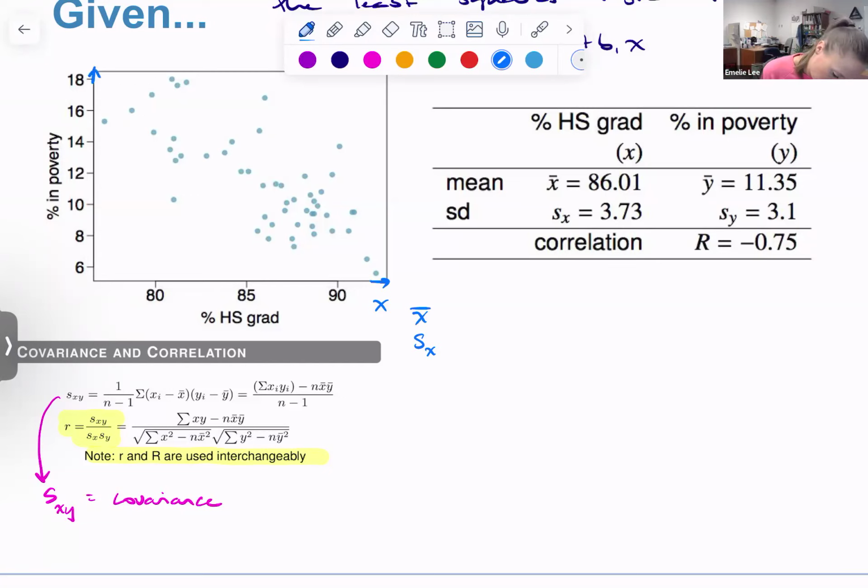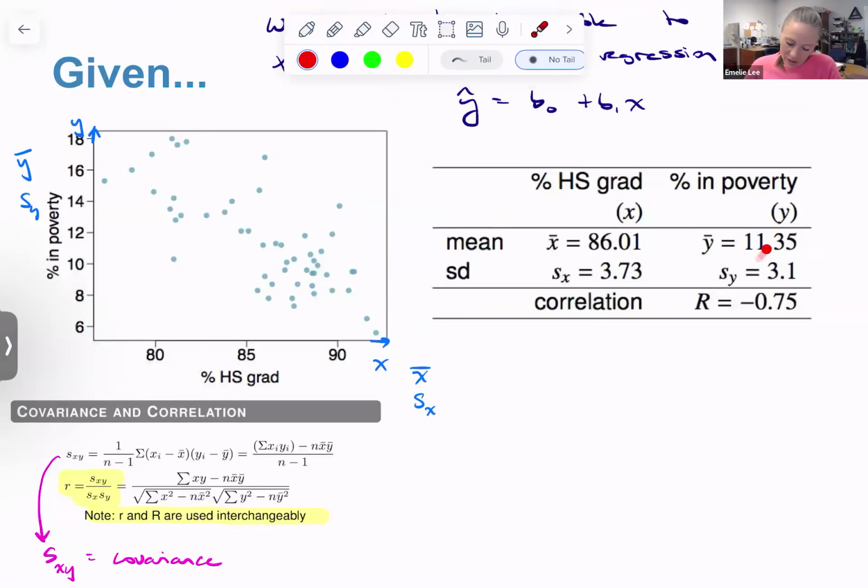And here, this is your Y variable, which means I can find the average percentage in poverty and the standard deviation of Y. And so notice we've got two pieces of information for each of the variables: the mean and the standard deviation. And then we're also given the correlation, which gives us the strength and the direction of a linear relationship. And so this information is all we will need to be able to build this regression line,